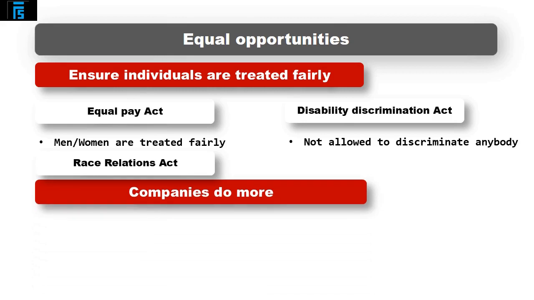So, equal opportunities. Companies are forced to do this in the UK by law, but the law is a minimum standard. Companies might want to do more than what the law says. They might feel that they have to do it because they feel they have a moral duty. There is an ethical issue. So, I will treat everybody fairly, not because I have to, because I want to. And it could also be important to keep your customers happy. We'll see that again in a few minutes' time.